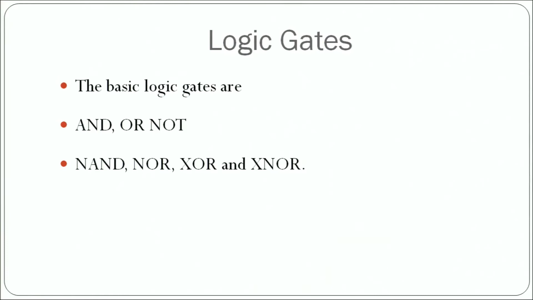What are the gates? First of all, gates are different calculation methods that are used in digital circuits. Those are assembled in a system. So these gates would let us know what would be the output of a particular operation. So the basic logic gates are AND, OR, NOT, NAND, NOR, XOR and XNOR. So these are the basic types of gate. These three, AND, OR, NOT, are the basic operations.